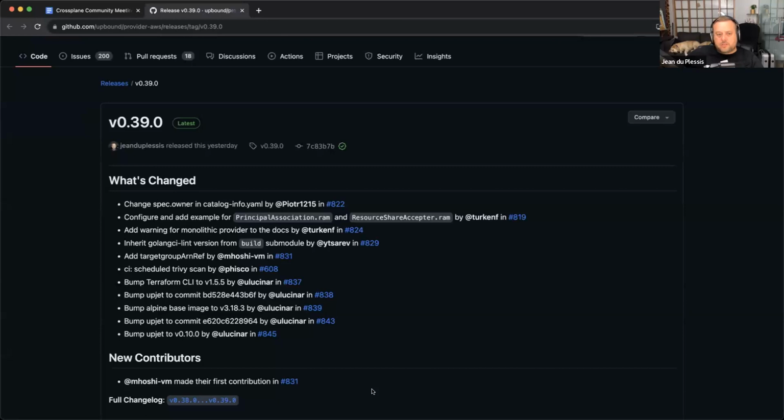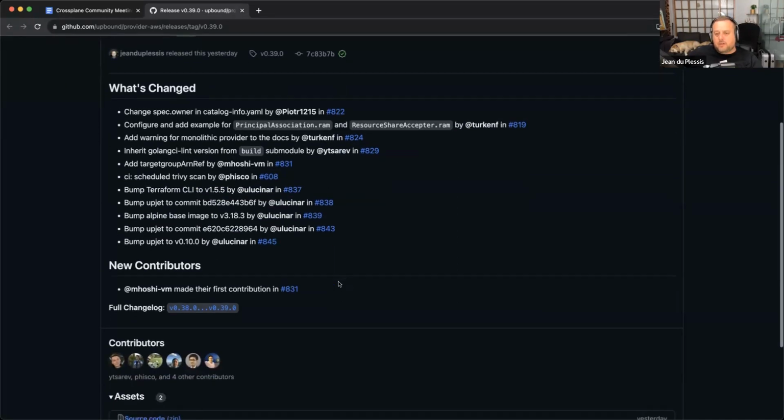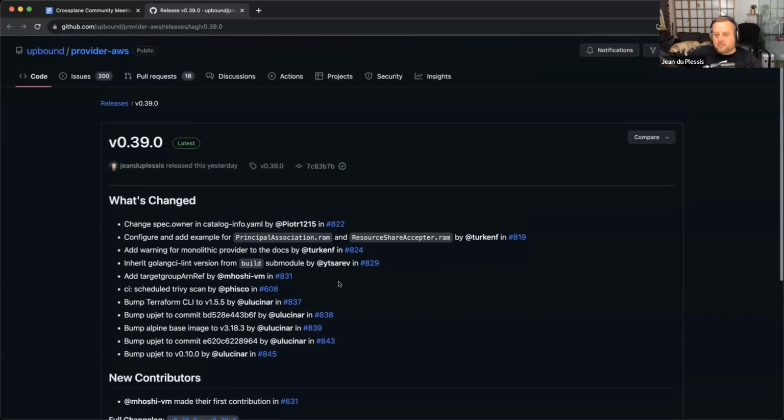We also introduced a fix in the reconciliation logic of the update runtime. And lastly, we've bumped the Terraform CLI version to 1.5.5, which is the last version released before the BSL license was introduced, primarily to address a bunch of CVEs that we discovered with security scanning.